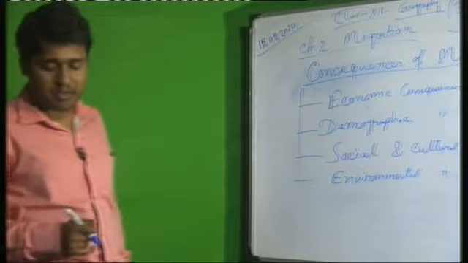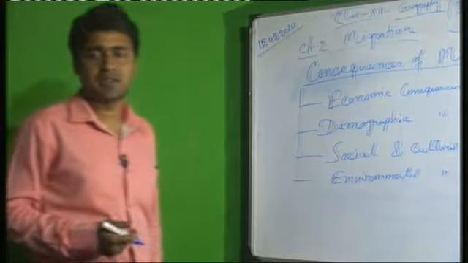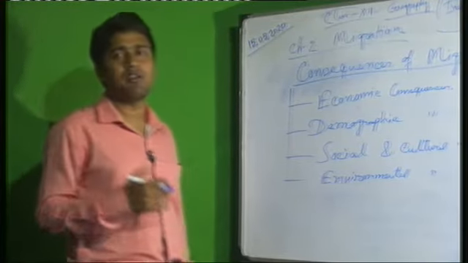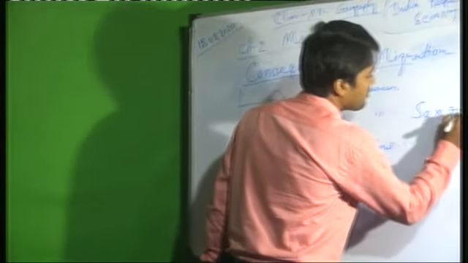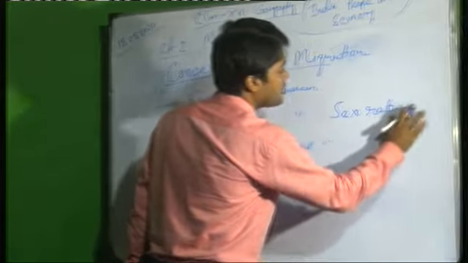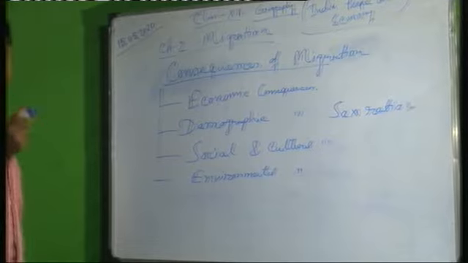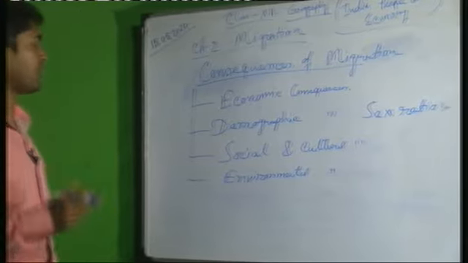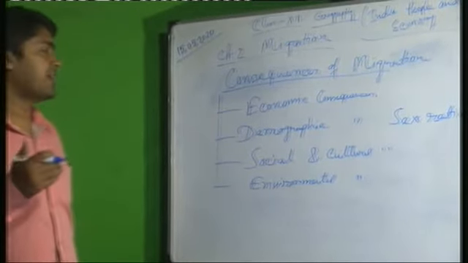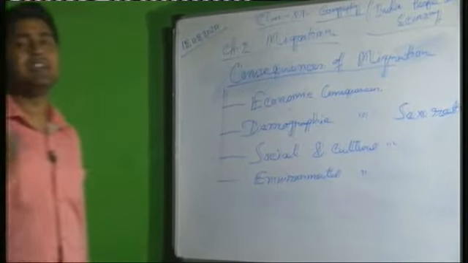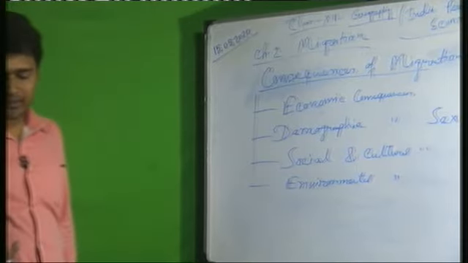Now another one is demographic consequences. Due to migration, in any places or states, the number of population has increased or decreased, I have already told. So in that particular state, the sex ratio, what is this sex ratio? I have already told, the ratio between male and female. Due to migration, the number of males and females will be changed or affected. So this is the demographic consequences. As you know, there are different age groups, children, working and aging population. Due to migration, this structure is also affected.